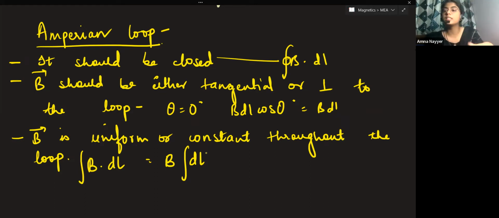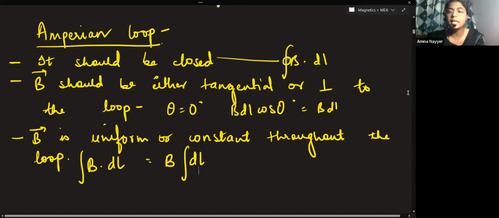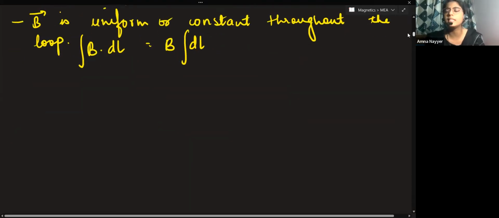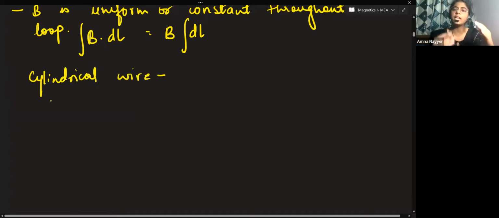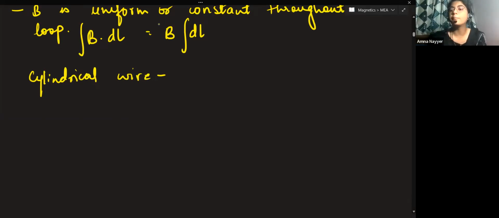Now the first step for application of Ampere's Circuital Law, let us write it for a normal cylindrical wire or circular wire. Let's derive it for a cylindrical wire. Keep on seeing the steps to perform Ampere's Circuital Law. In this, just keep on seeing all the steps. So step one